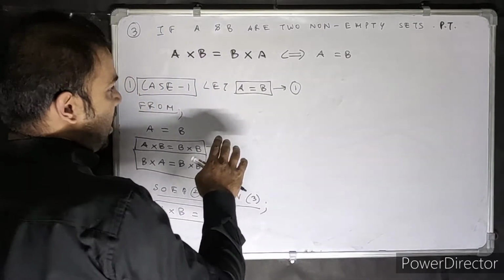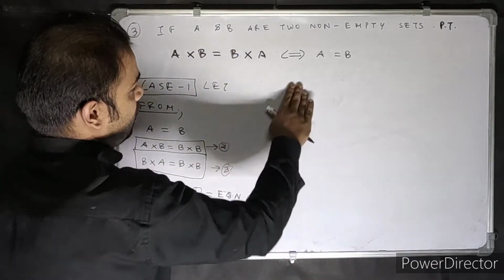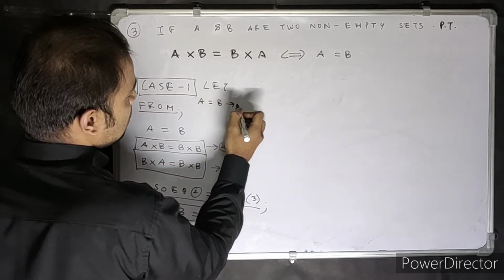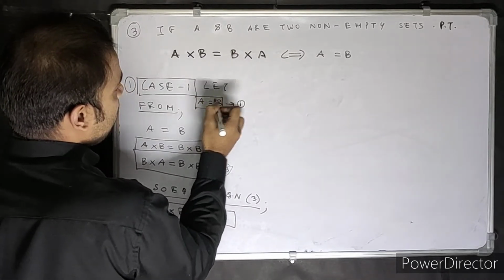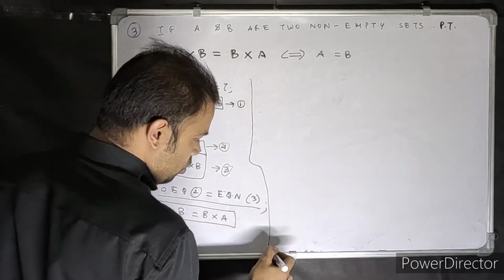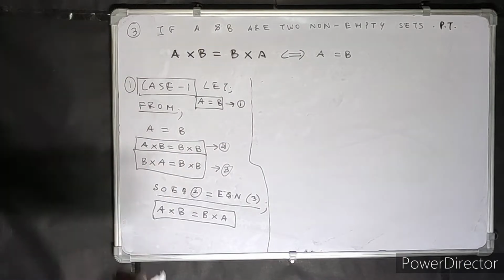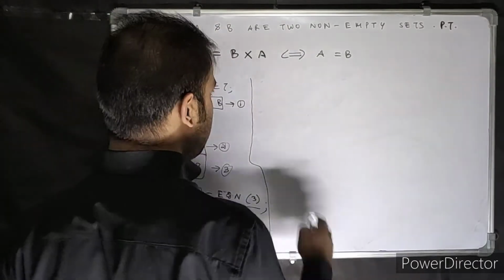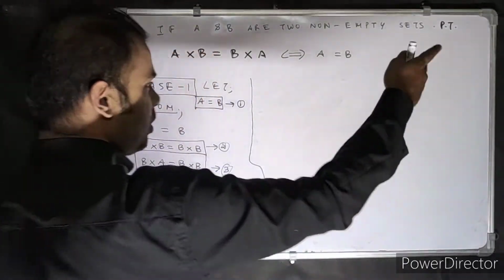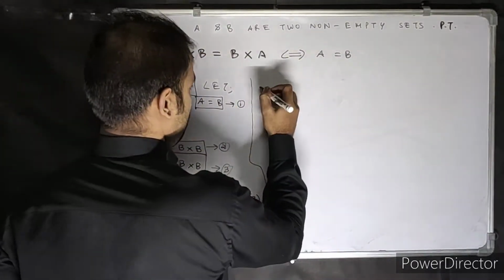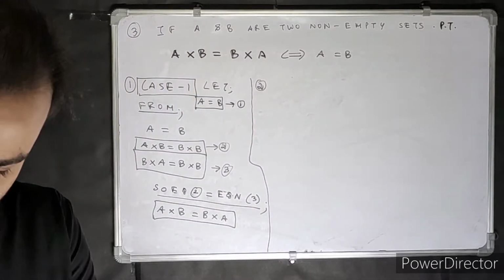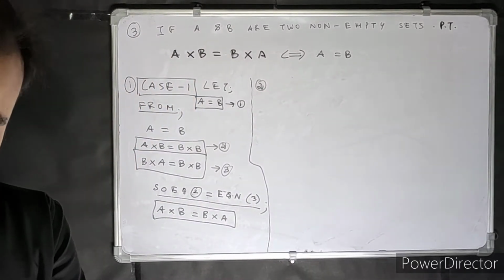Now let's start part 2. Let's write this a little down here. Let A is equal to B, and that was equation number 1. So I started from this. I won't have any space, that's why I wrote it a little bit down. You write part by part. This is the first part in your notebook and then the next part. Or you can split your notebook into 3 parts, like how I am doing. Next one is